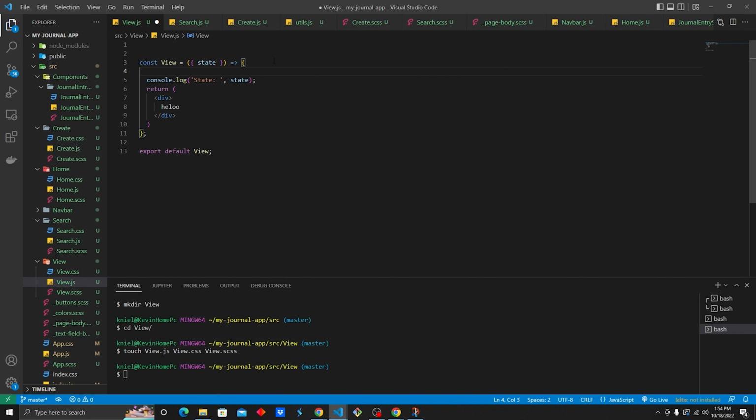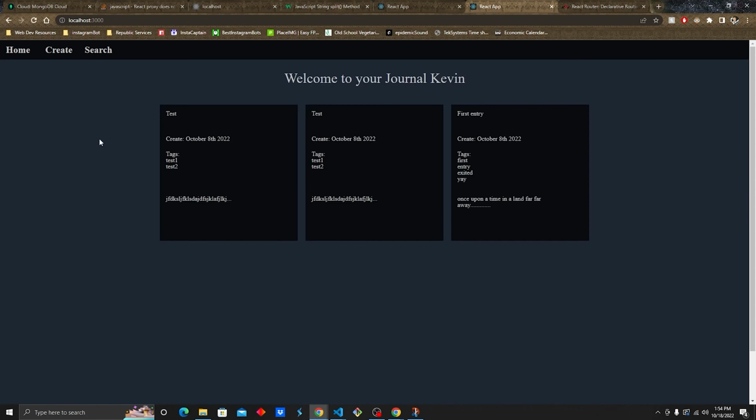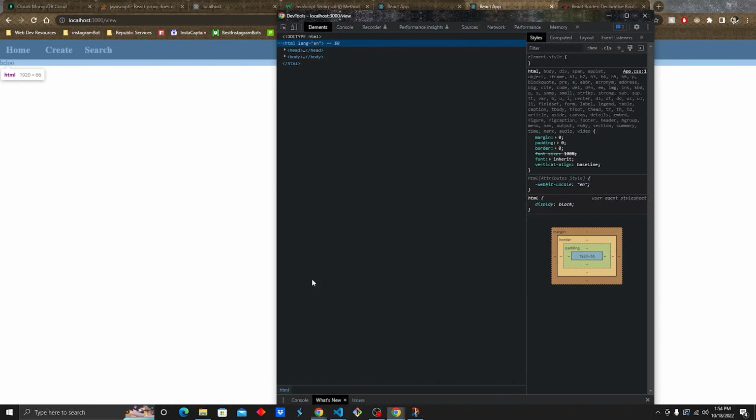So I'm gonna do const location equals useLocation. I'm gonna hit enter so it imports. And then I'm gonna do const, I'm actually gonna destructure state from location. All right, I'm gonna get rid of it up here in this view. And let's see what happens now. So we're just going to go ahead and refresh. Click the inspect tool. It's undefined. That's okay. Now if I click and inspect,